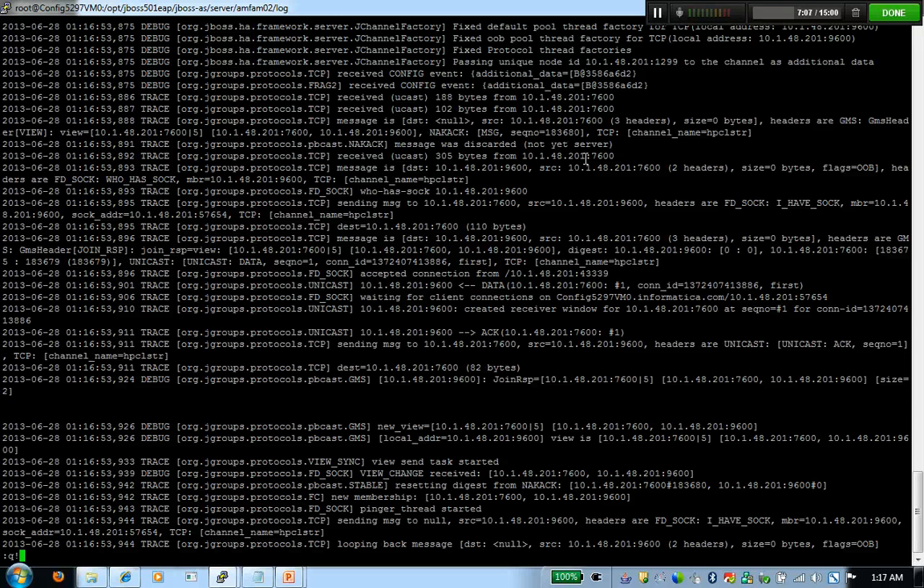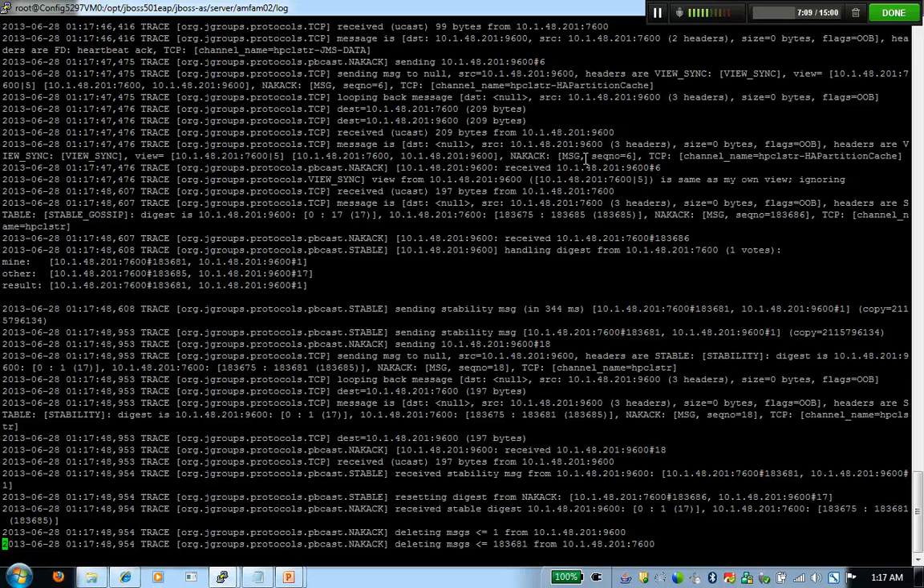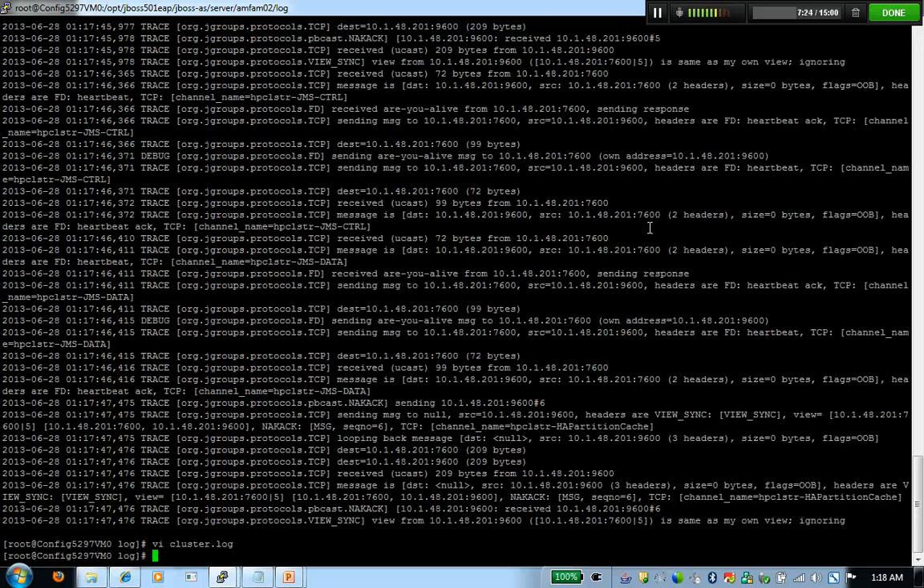So if you actually look at this file, in the end, once the server starts, it will print the information about what all members it has, so which have joined the cluster. Saying that, I'm going to go ahead and close this file, and we're going to move to